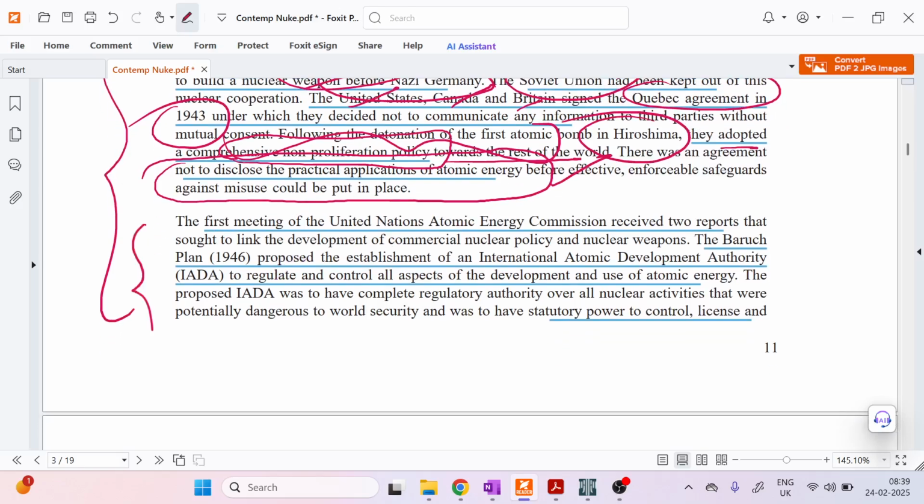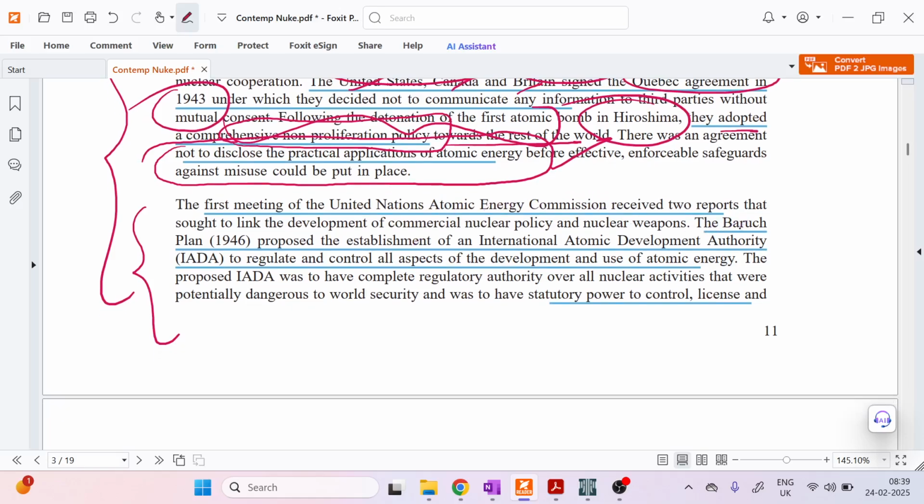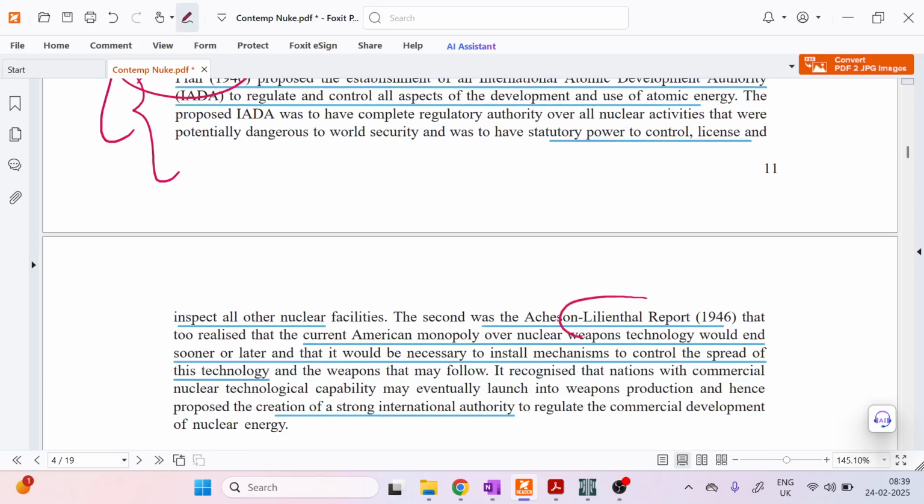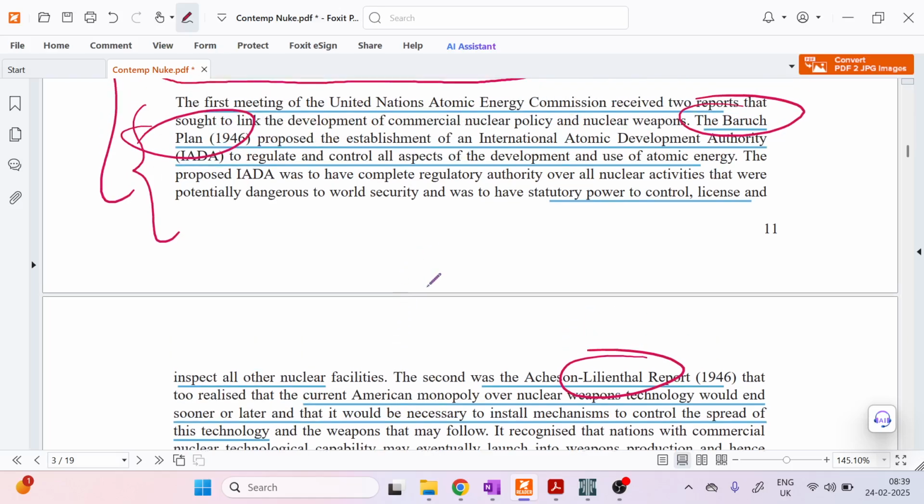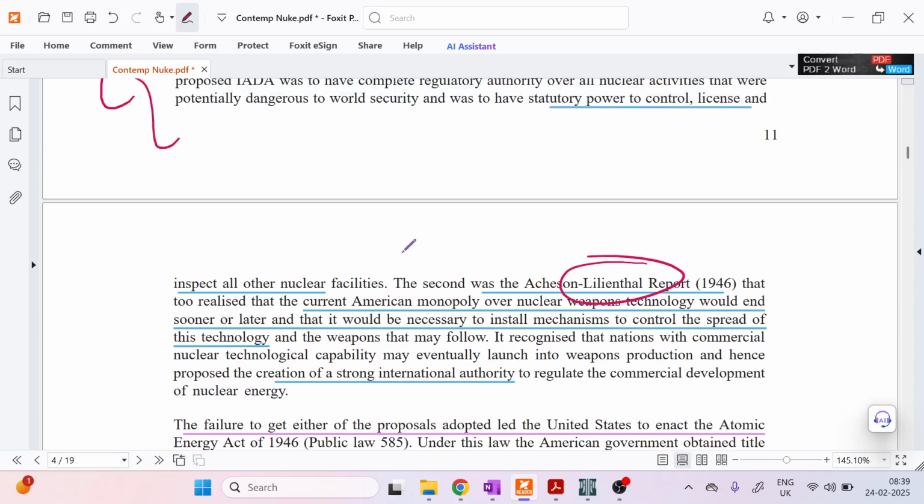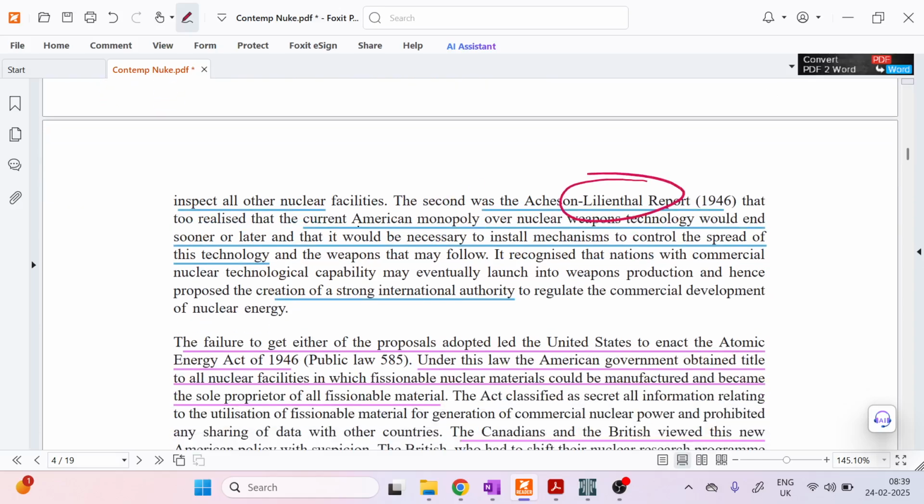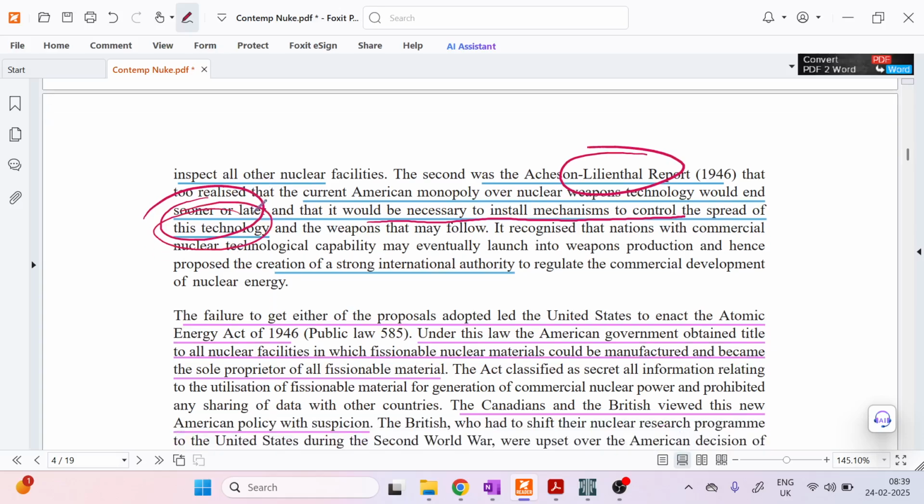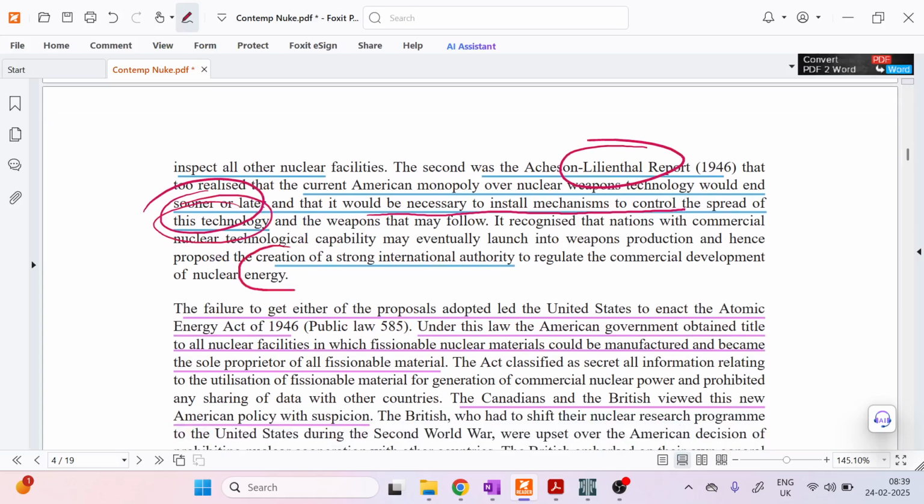Then came the first meeting of the United Nations Atomic Energy Commission, via the Baruch Plan and the Lilienthal report. Both these reports talk about how the US monopoly over nuclear technology would end sooner or later, and that it would be necessary to install a mechanism to control the spread of this technology. Or in other words, there was a need for a strong international authority to regulate the commercial development of nuclear